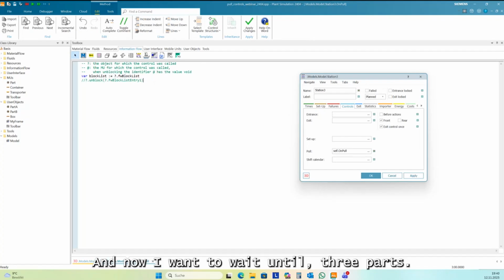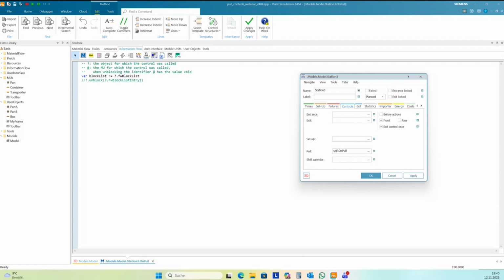And now I want to wait until 3 parts have entered this block list, and so I need to define some cases here. And one case is if block list is a table, or it's not a table, it's an array.